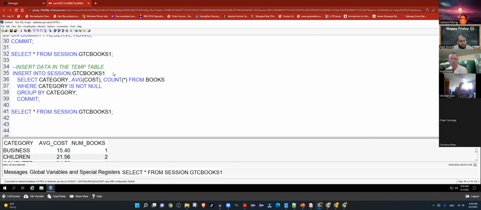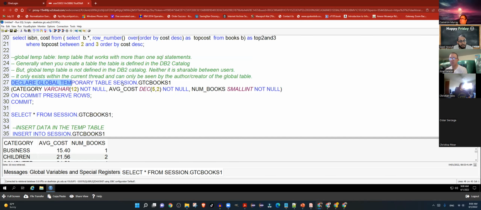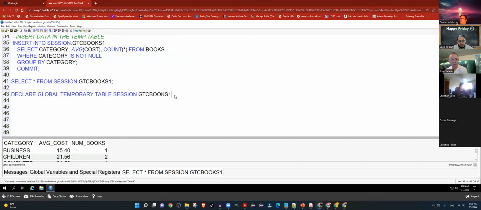So I will copy the first line and change the table name to 2. I'm creating a temporary table called GTC Books 2, and I want this to be an exact replica of an existing table. So I can type LIKE and the name of an existing table. So now it will be a replica of books,